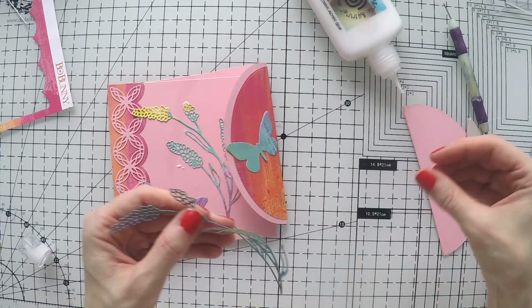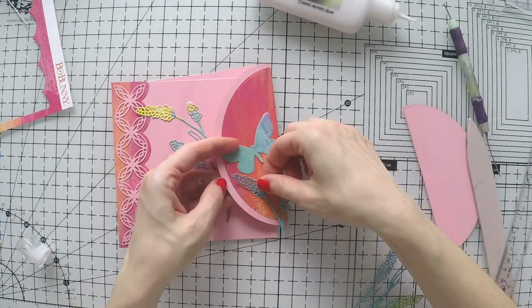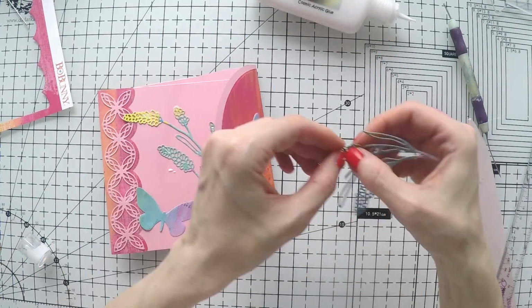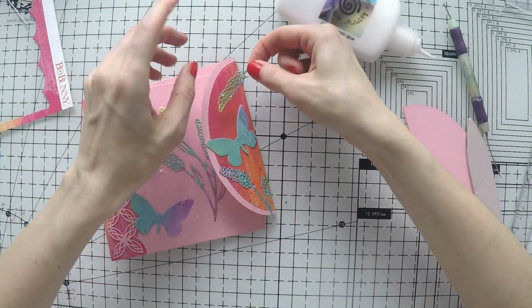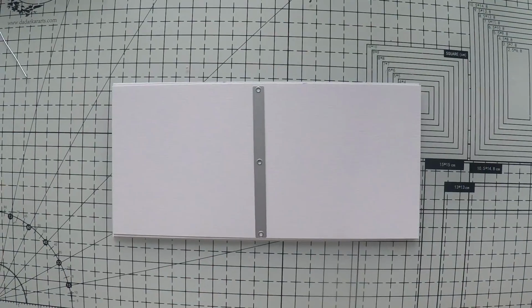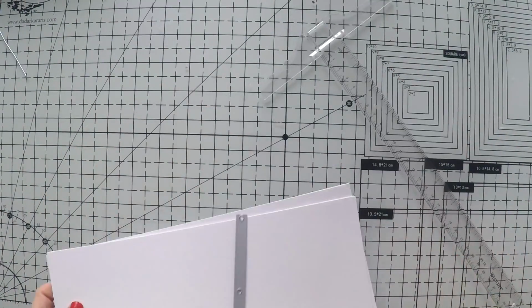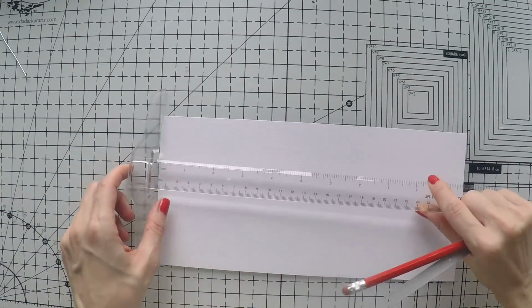I'm going to put one on the flap as well, and I'm going to cut down the flower in pieces to decorate the flap in the same way. I'm just cutting it in pieces so that I can fit them on this flap beautifully, and I love how it looks. Coming to the insides, again I cut my mixed media papers in the size that was recommended on the packaging,